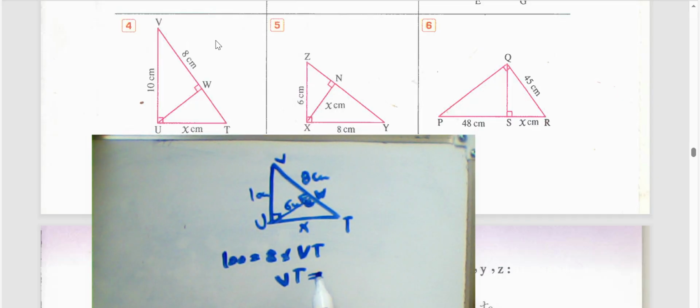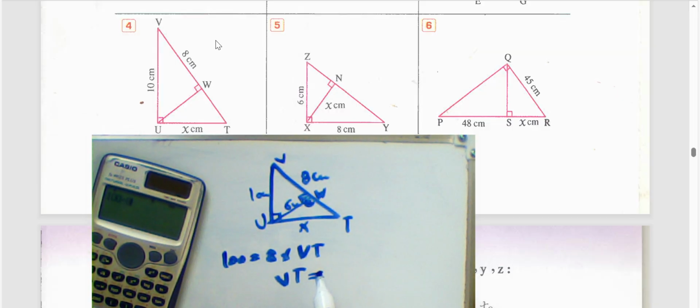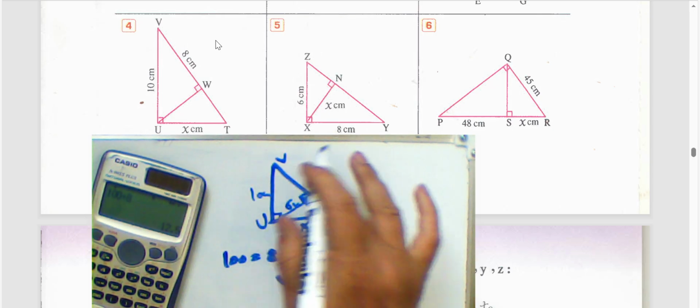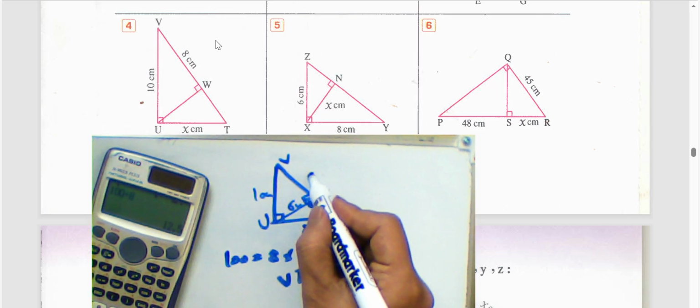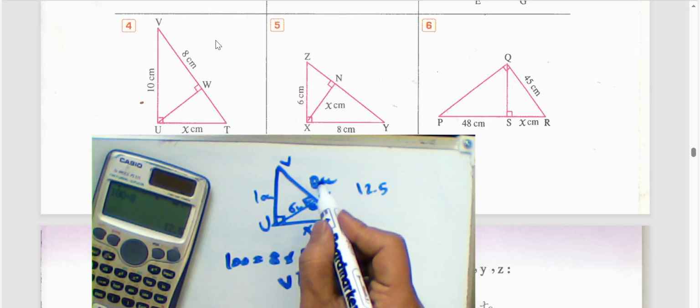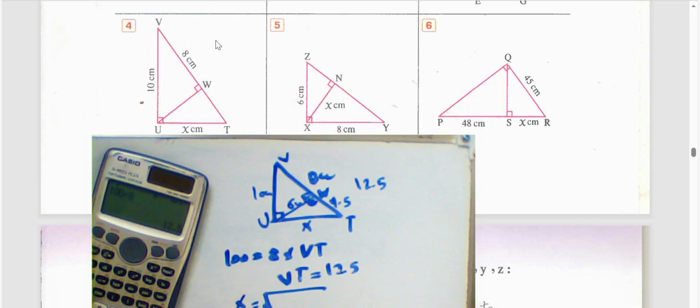Then VT equals 100 divided by 8, which equals 12.5. Then the line segment we have here is 8 and this is all 12.5. 12.5 subtract 8 will be 4.5. We can find x from Pythagoras theorem. X equals square root of,